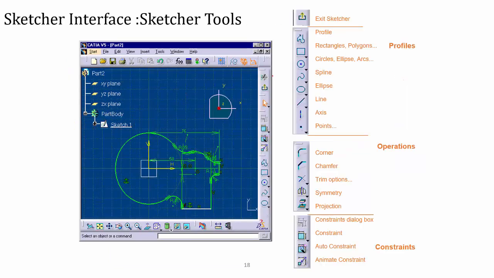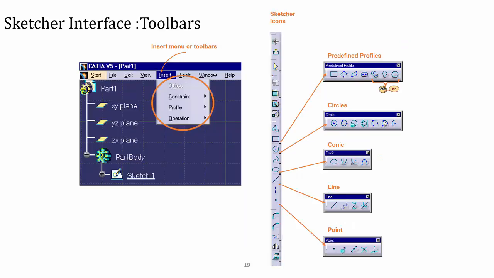In the sketch you have various profiles. You can perform operations like corner and chamfer, and trimming operations. There are other constraints available for specifying dimensions and some advanced constraints. Then you have toolbars for predefined profiles: rectangular profiles, circles, conical structures, various line types and points.